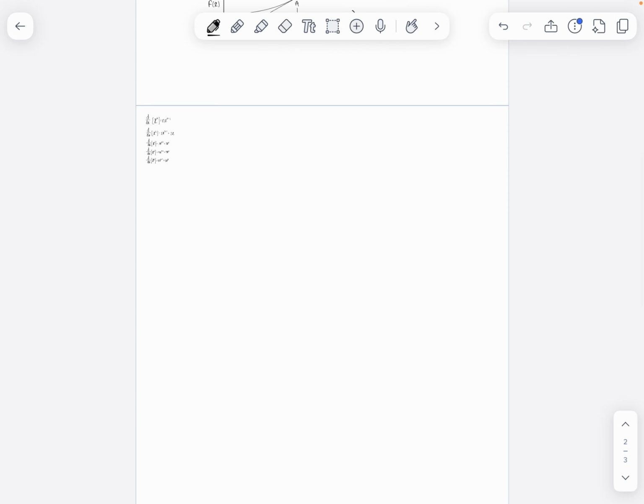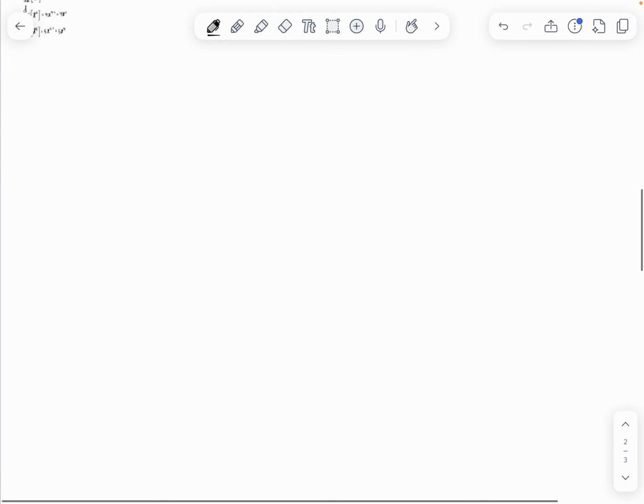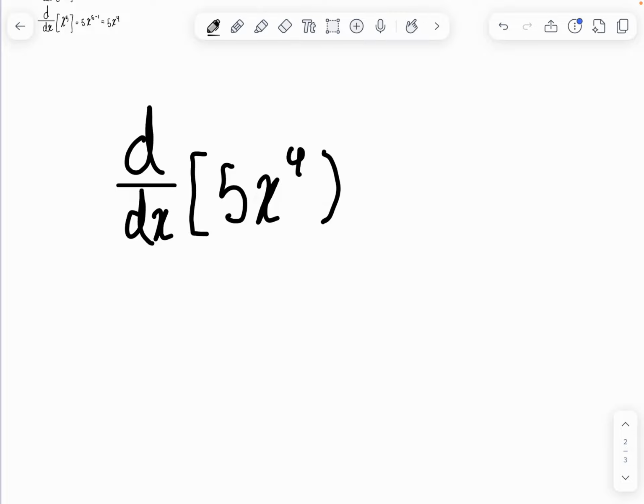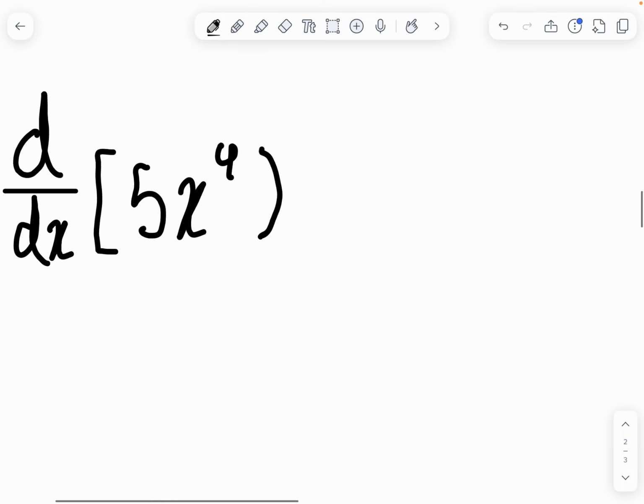Let's try d over dx of 5x to the power of 4. Okay, try and think what that might be. Okay, hopefully you've done it. So,